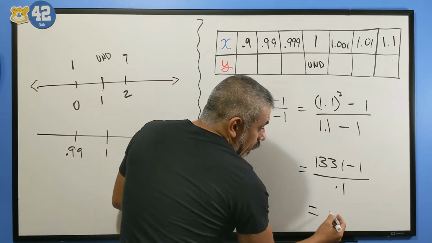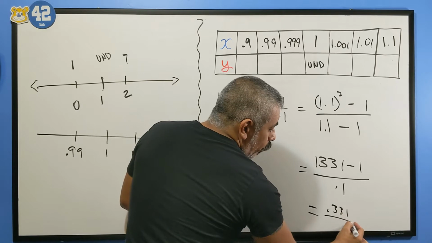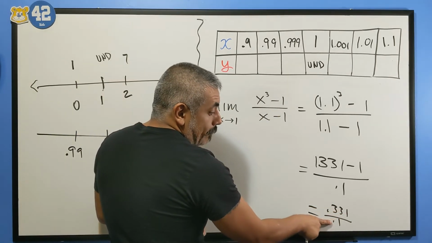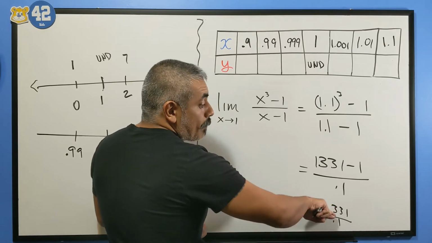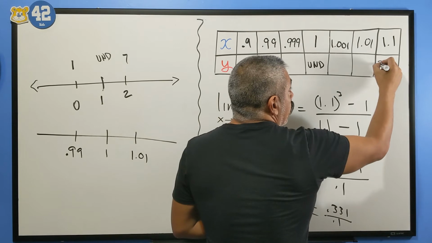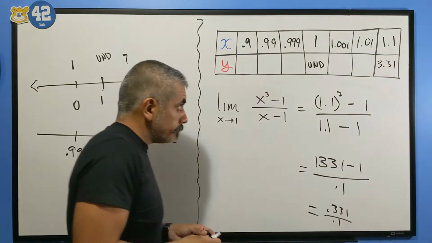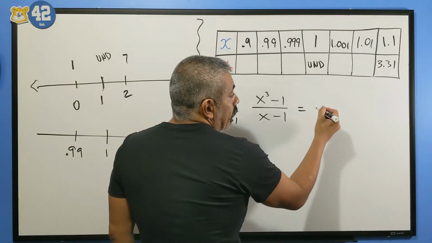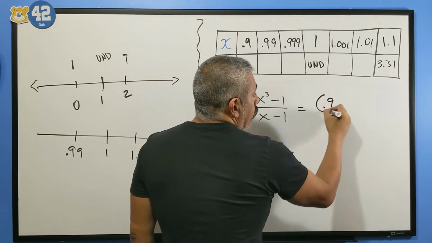1.331 minus 1 is going to be 0.331 over 0.1. This is simply saying 0.331 divided by 1/10, or multiplied by 10. So you can say this one right here is 3.31. Doing the same thing with the 0.9, we're simply going to say 0.9 cubed